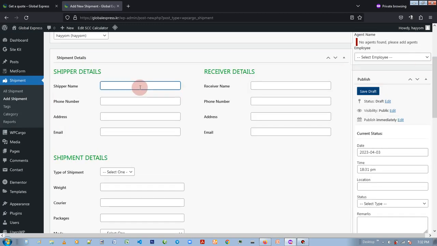Let's say shipment name is shipment name, let's call it XYZ. Phone number is 1234. Lorem Ipsum. Let's leave all this. I'm just doing this at random. So ABC 1, okay,